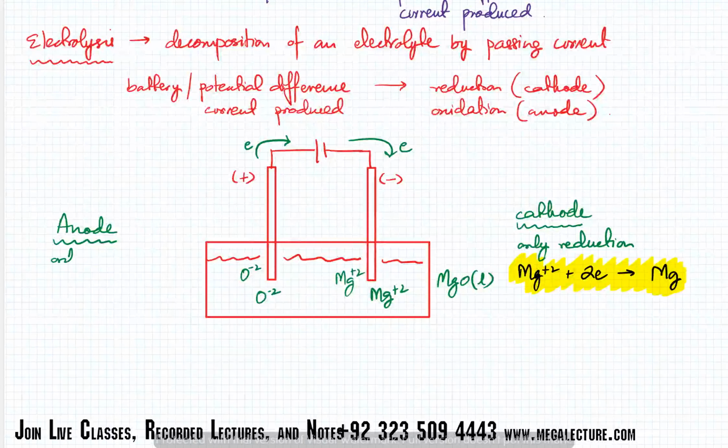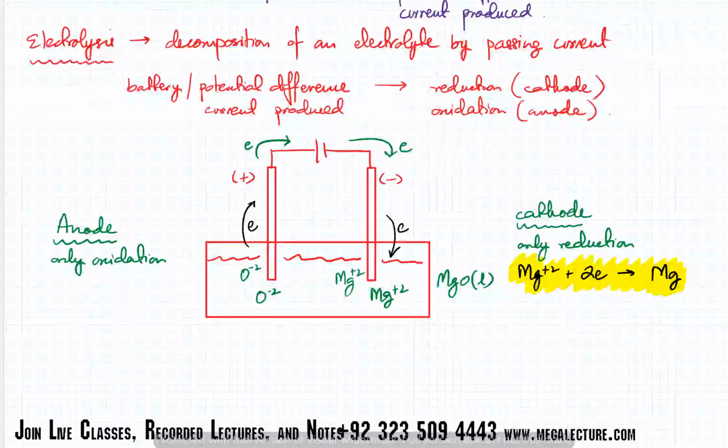Only oxidation. Only oxidation, and your reaction at the anode in this case will be the oxide ions losing electrons. So what is happening here? Magnesium would gain electrons, and on the other side you've got only one option, which is electrons will be pulled